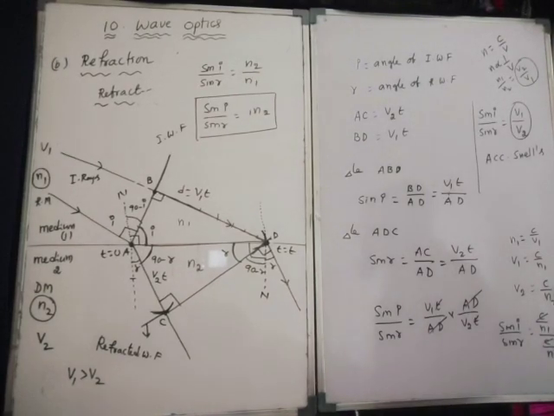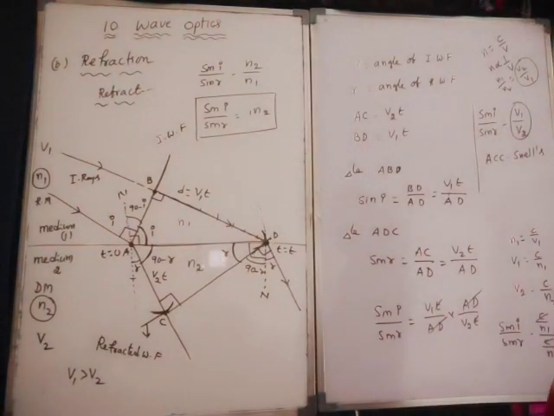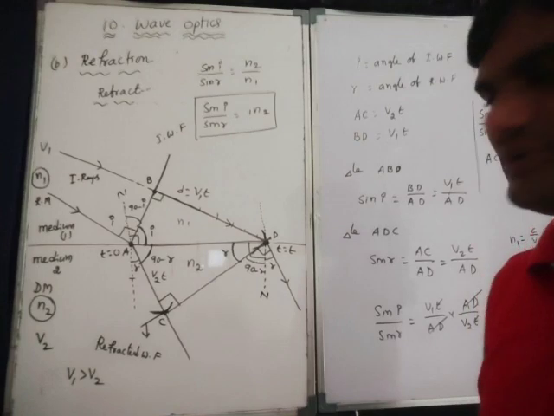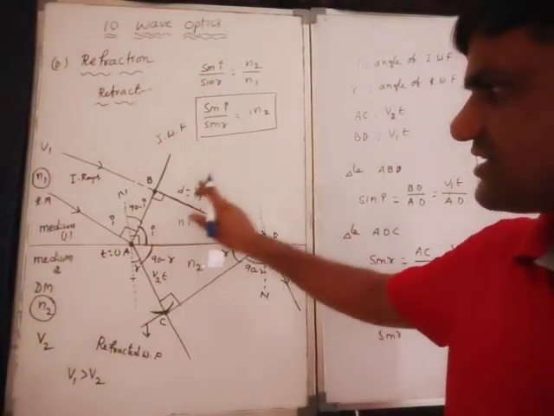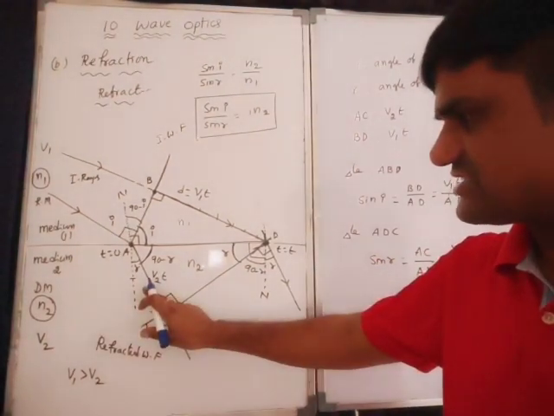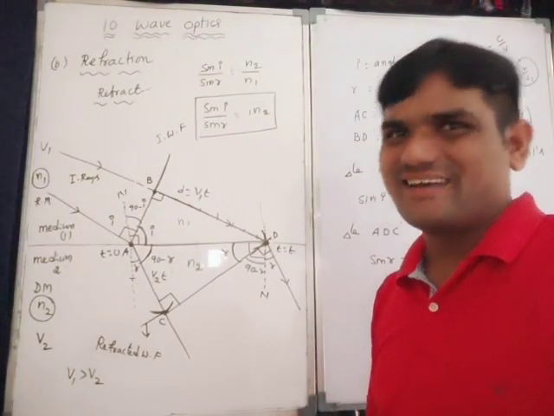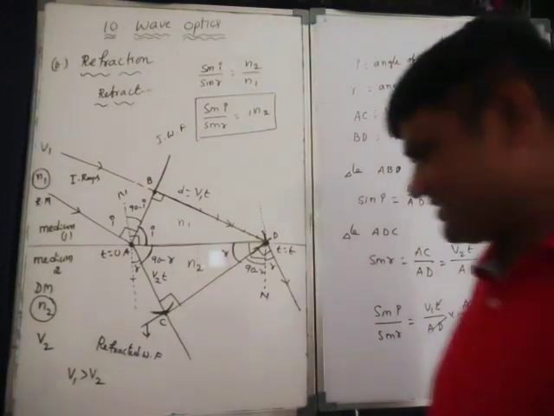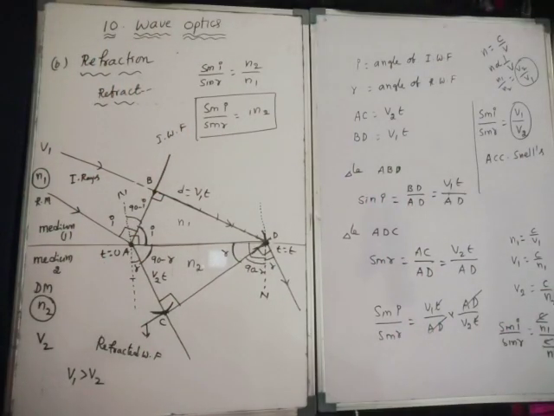Five mark question. So these are the two incident rays. But this distance and this distance, comparatively, this is the more distance, this is the less distance. Why? Because the velocity of light is less in denser medium. Are you clear? So this is about refraction. Case 1 over. Next, case 2.